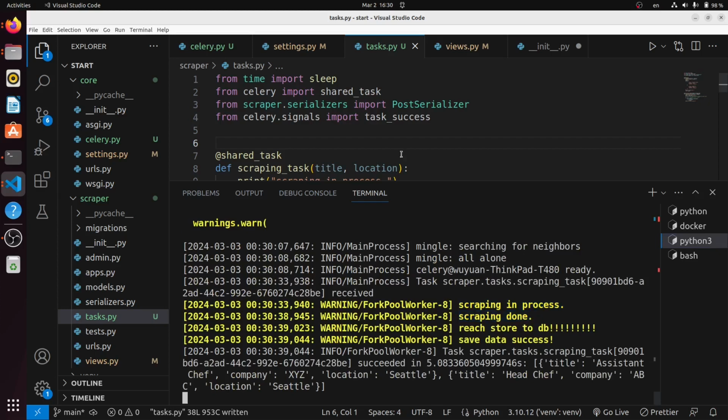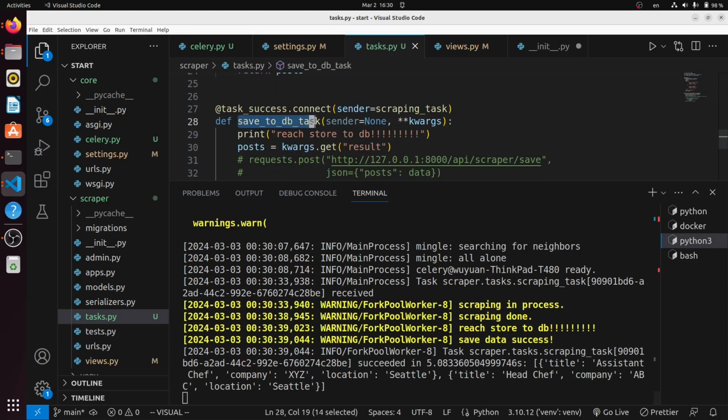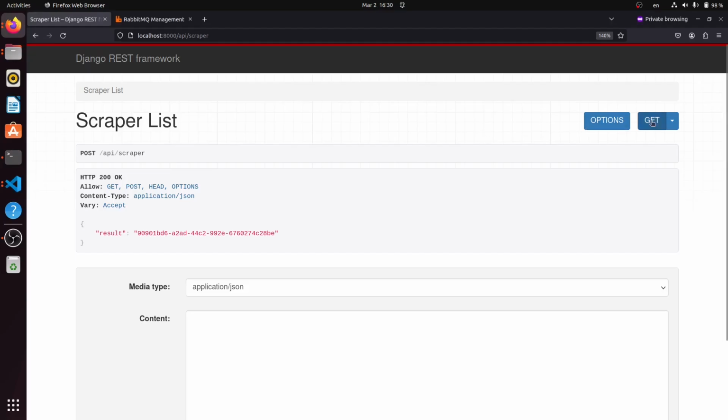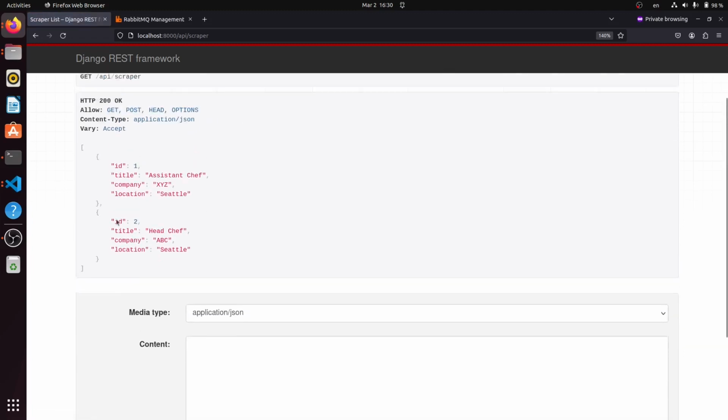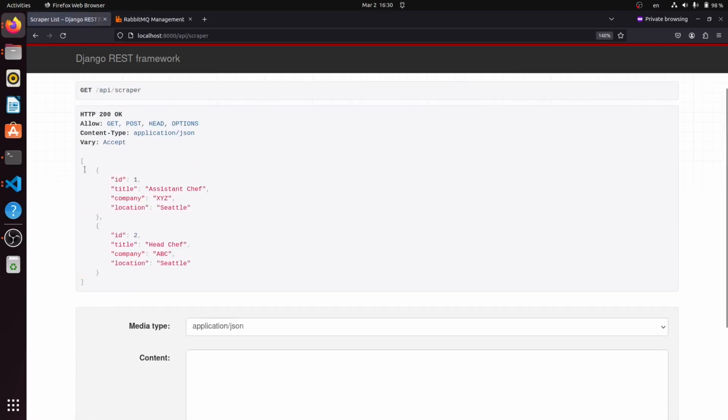Once it's done, then the save to DB task is getting triggered. And it's going to print out reach store to DB and then save data success. So now if we do get again, then you'll notice that the data that we hard-coded in the code is here. So now that our application works locally, we can